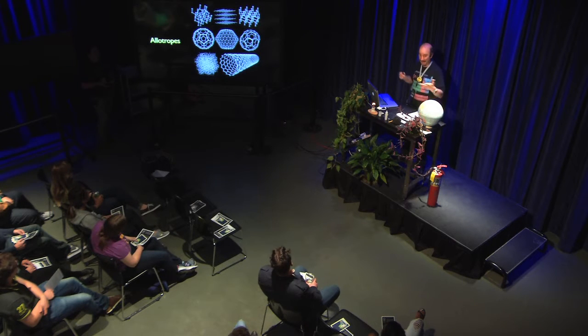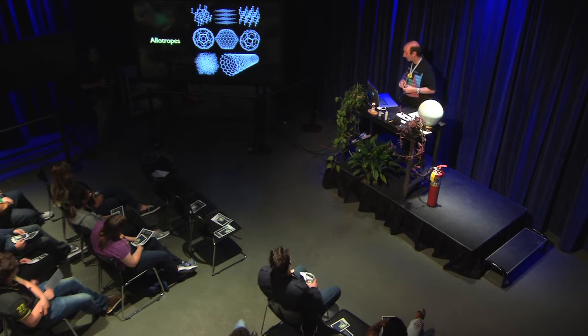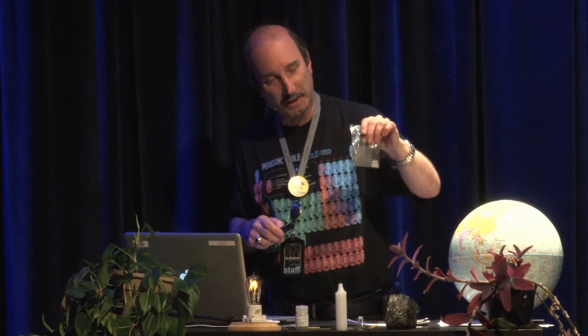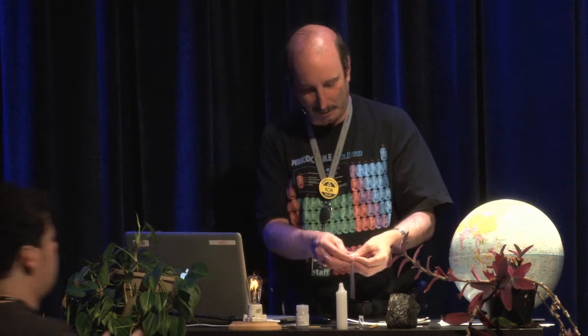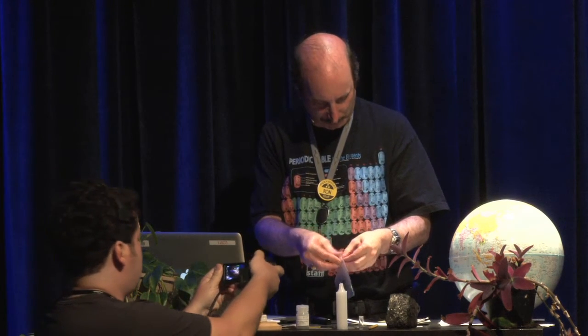So those are called allotropes, different forms of the same element. I have here a little bag. If you come up and see this after, this is another form of graphite that's man-made. These are man-made layers of carbon. I'll take it out of the bag so we can put it up on the screen here. Jim can get a close-up shot of this.